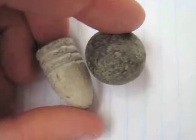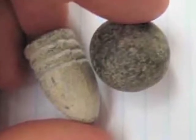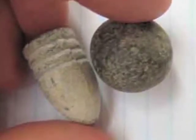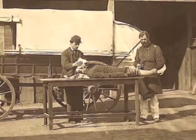I'm Carol Adrian. This is a mini ball. This little projectile changed the face of warfare and of medicine. It's about an inch long, weighs just over an ounce, and it caused incredible damage. There were over 1 million casualties in the American Civil War, and it's estimated that 90% of them were caused